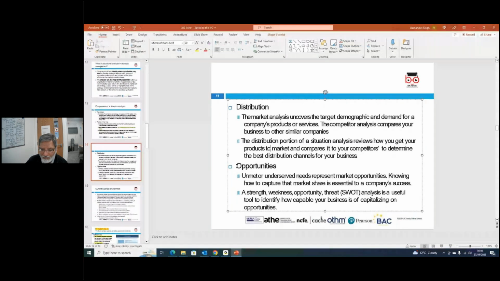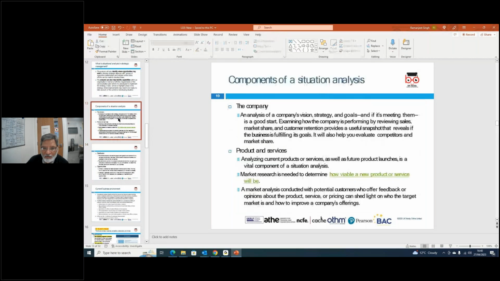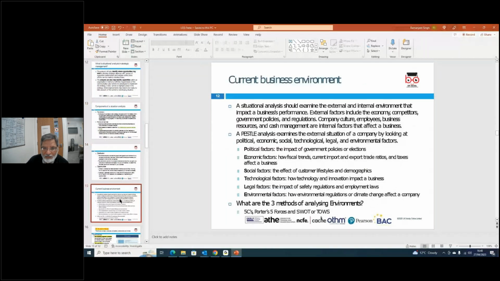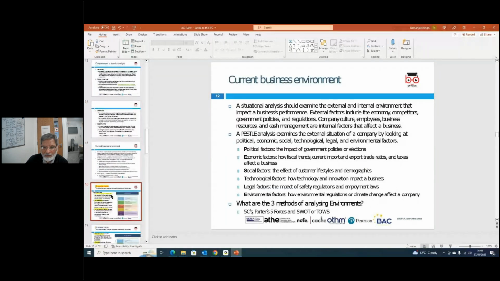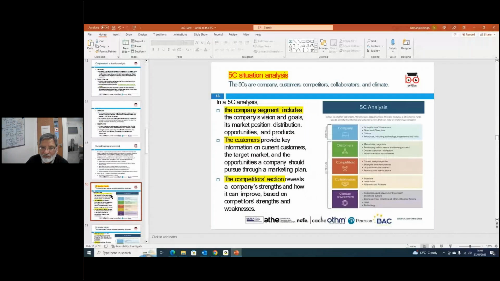The fourth thing is we need to look at the opportunities created by the SWOT analysis and how we can turn our weaknesses into opportunities. We can avoid threats and turn them into opportunities and strengths later on. So this situation analysis we can make, and then we can move forward. The third tool we can use is the 5C